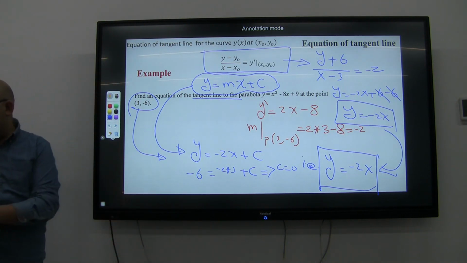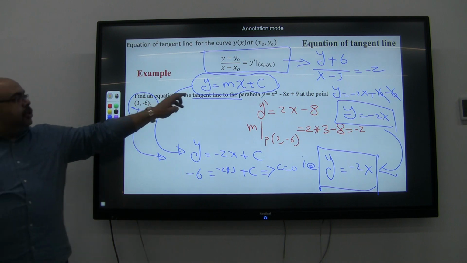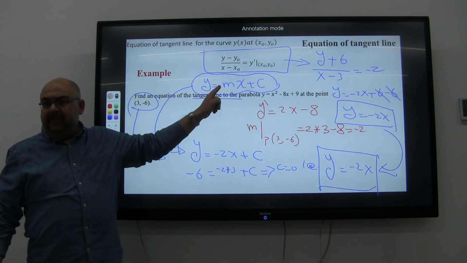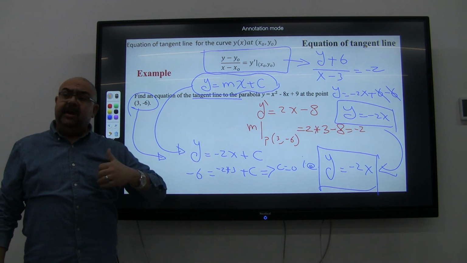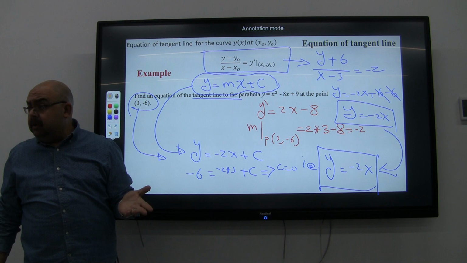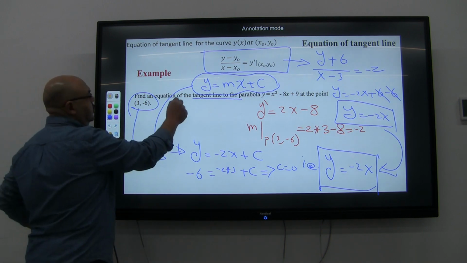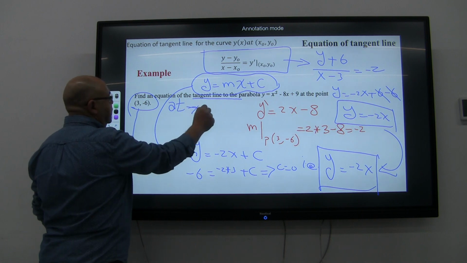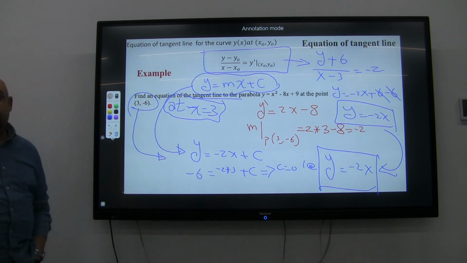الاسهل بالنسبه لك عامل ايه؟ يا اما انا اجيب السلوب وبعدين اكتب الجنرال ايكويشن بتاعت الستريت لاين؟ I recommend this one, على طول مجرد انك تعمل سبستيتيوشن بالبوينت. على فكره انا نفسي ممكن ادي لك نفس البروبلم دي بس مش ادي لك البوينت. اقول لك find the tangent blah blah blah at x equal 3. طب في الحاله دي تعمل ايه؟